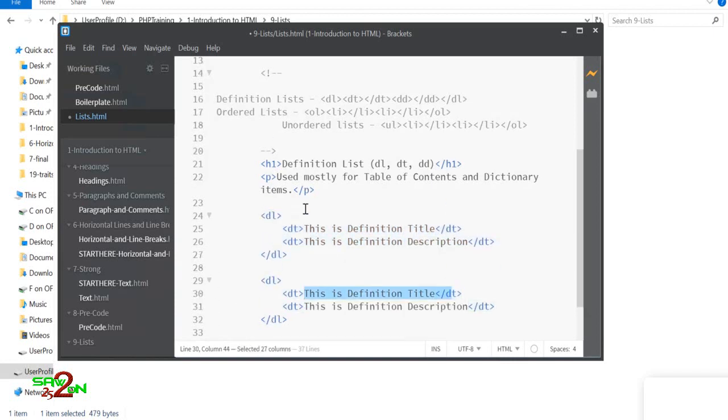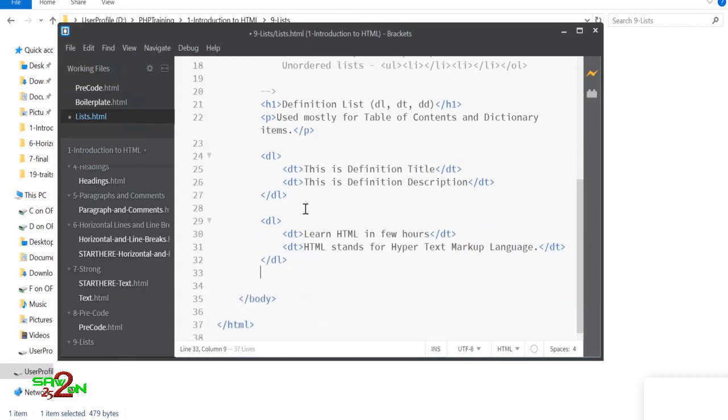Well, you can say learn HTML in a few hours, then you can describe what it is, like HTML stands for hypertext markup language. Okay, so your DL is complete.